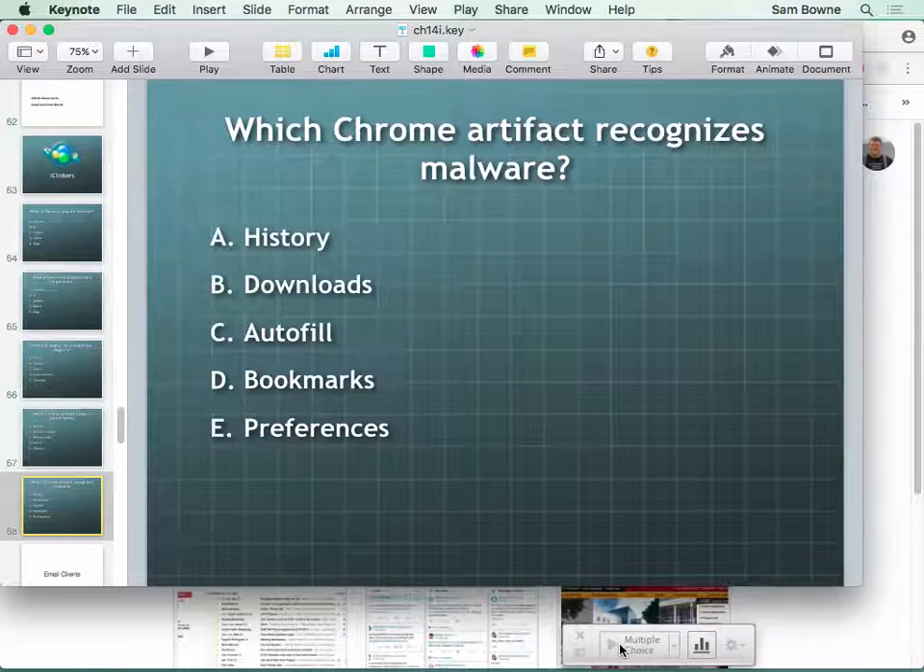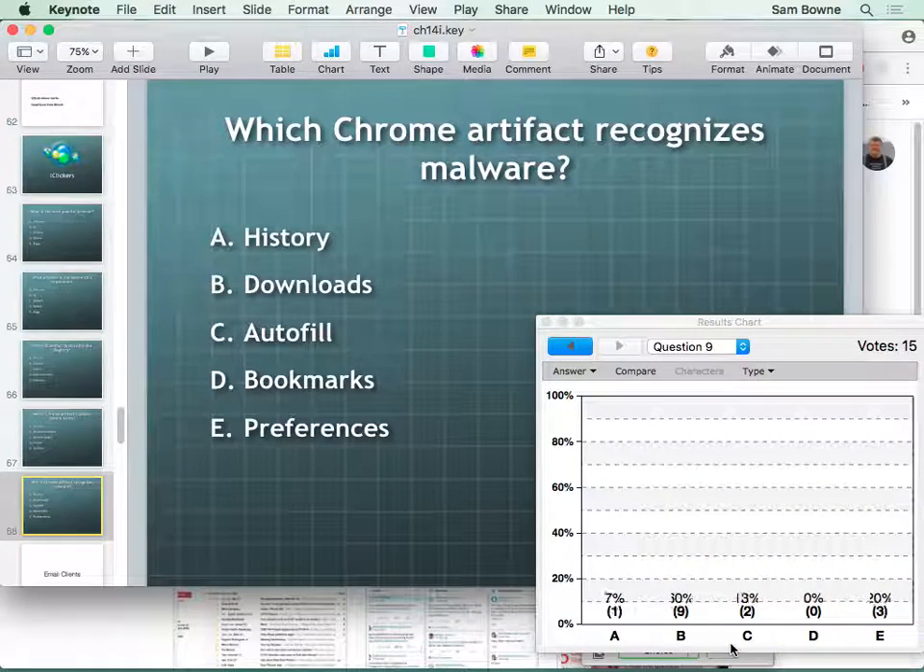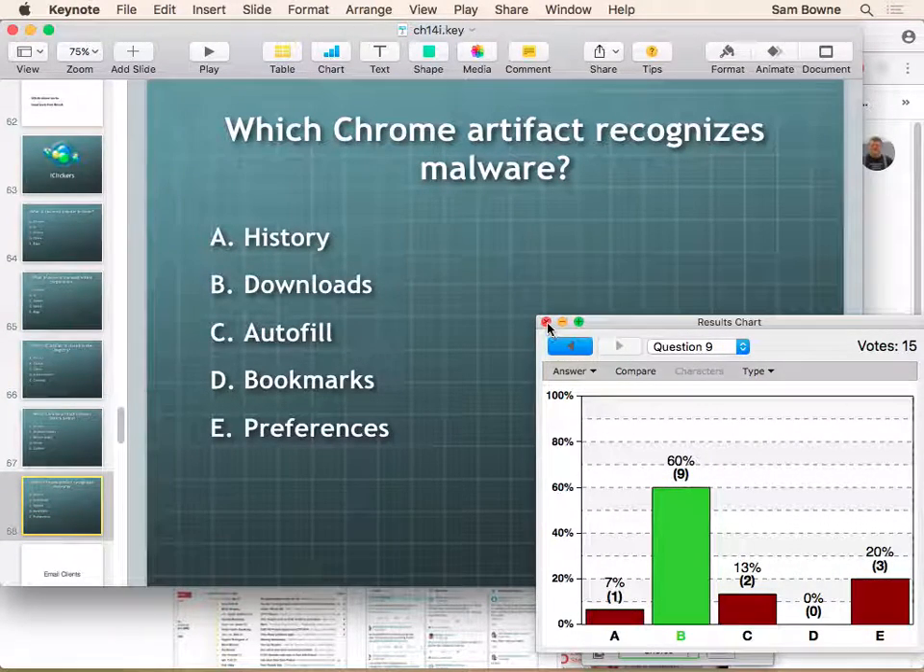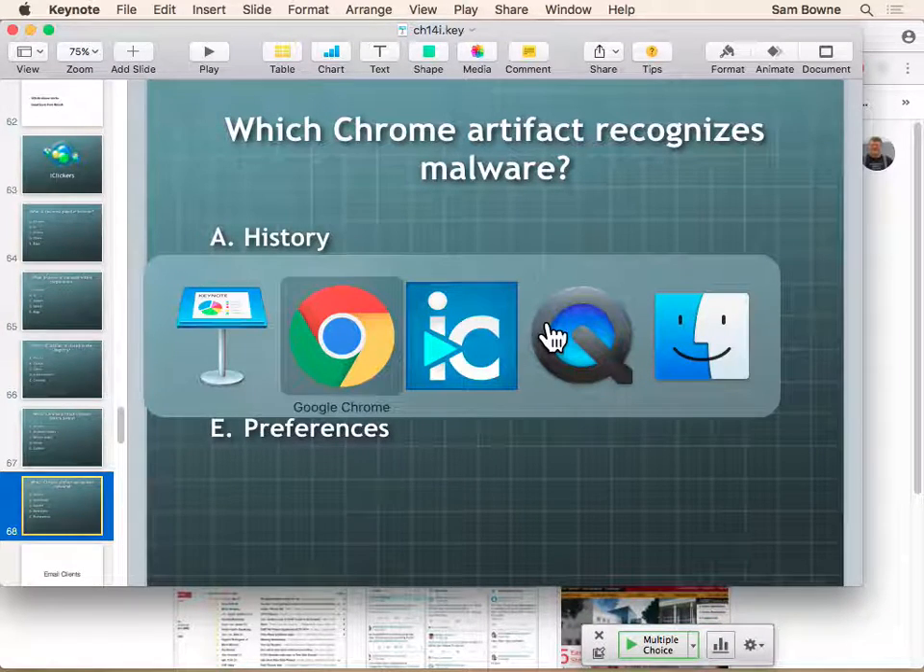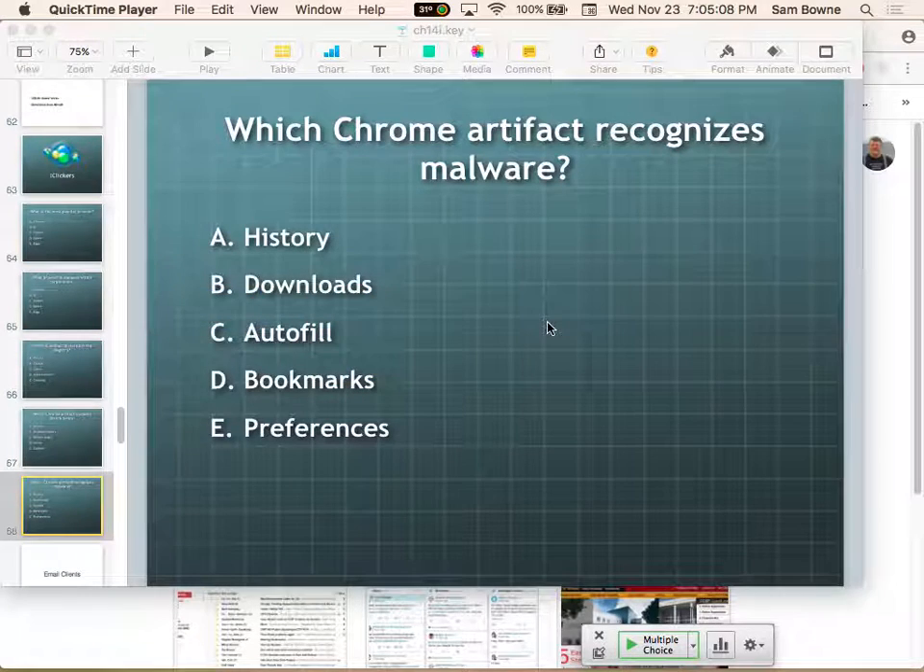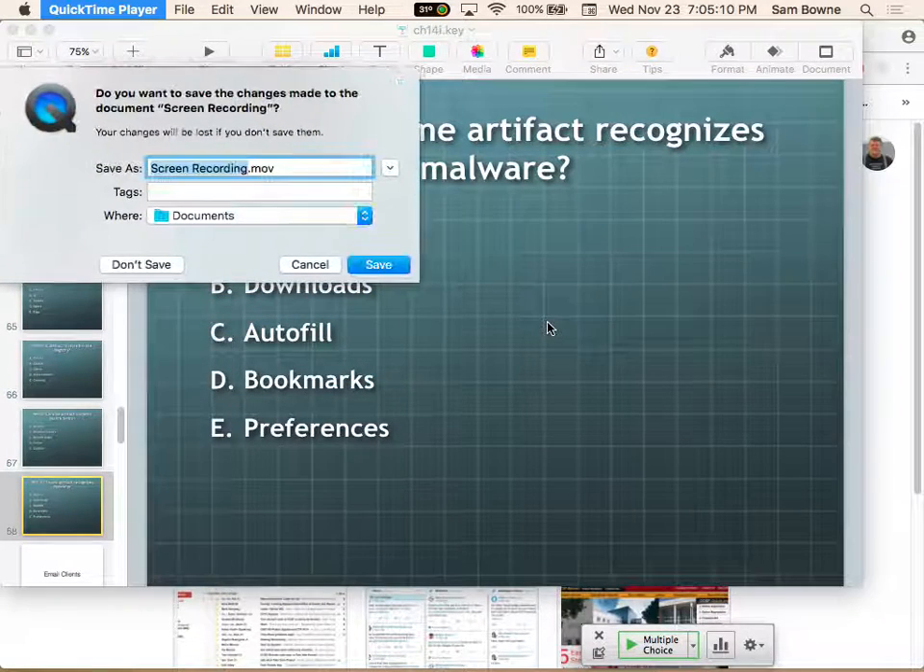All right, and it's the downloads. The downloads logs do tell you if it detected this thing as being malicious. So let's take a break till 7:15, give you 10 minutes, and I'll stop this thing and call it